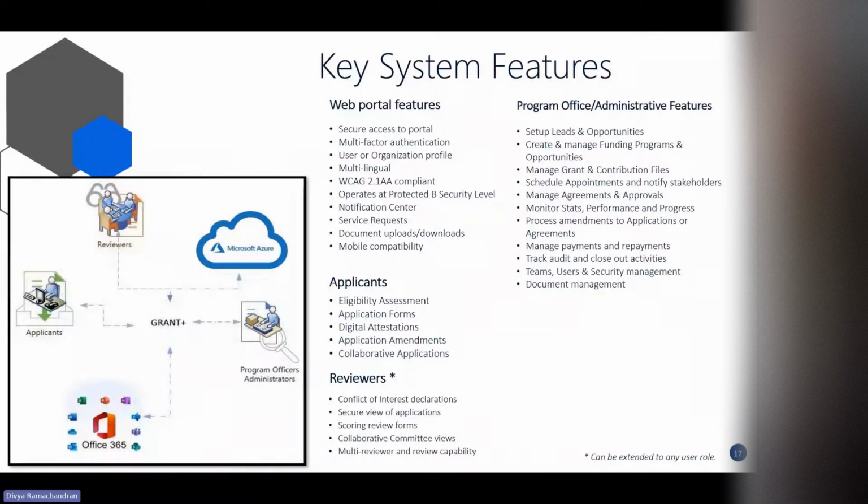And as we saw for the program office, we have different options to set up funding programs, but we can also set up leads and opportunities. So if that's something that your account managers maintain, for example, that's an option. Maintaining the different grants and contributions files, we can set up appointments and tasks within the system itself, set up agreements and approvals, as we kind of saw, performance, maintaining stats and progress reports, and also setting up amendments to the applications, managing the payments, repayments, as we noted for Edwina's example,